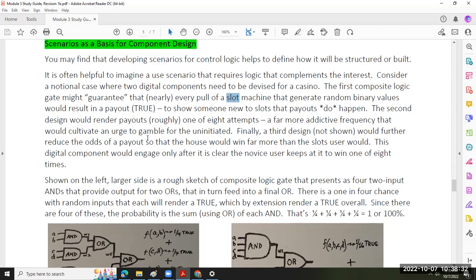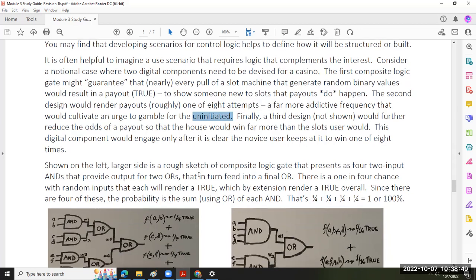So what happens is that you get this special card to use in the slot machine. That special card says, hey, we have someone who's new. They haven't been in our casino. Another word for that is uninitiated, right? Now I want to share with you